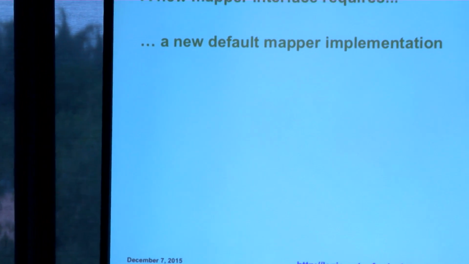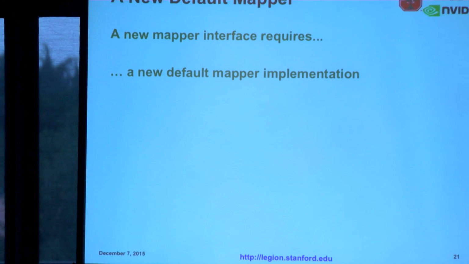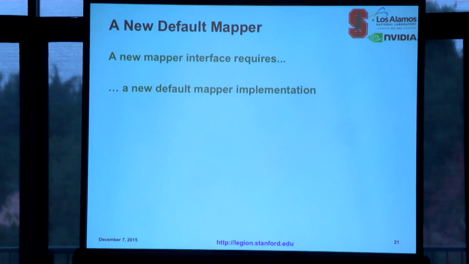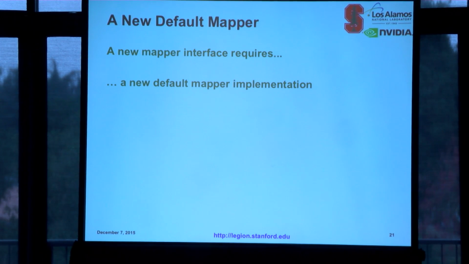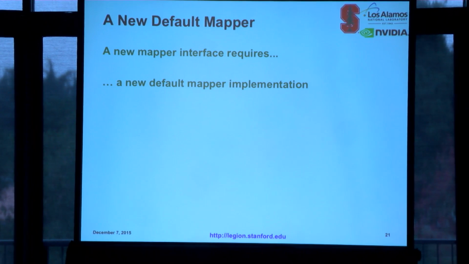Let's see. One of the important things that we're also going to be doing associated with this new mapper interface is actually working on a new default mapper. The default mapper today has sort of stayed on the side of the Legion project, and we've been able to hide behind the aspect of "we let you do your mappings automatically," so we haven't actually worked on the heuristics that a lot of the other runtimes are working on to